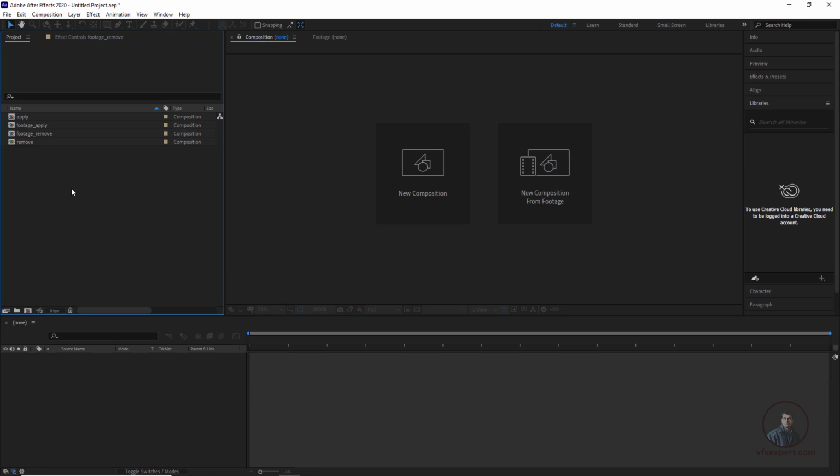So here we will explain all things: how we can remove distortion from your shot in After Effects, then how we can reapply our distortion on final compositing here. So now after this we have to import all these footages here.